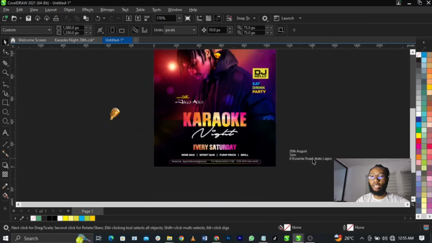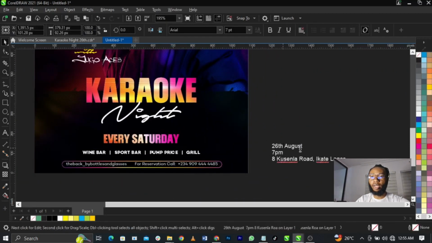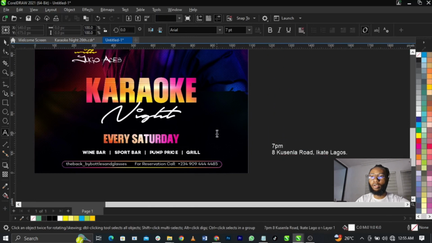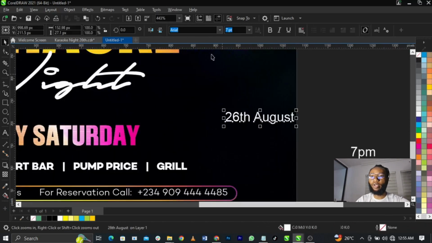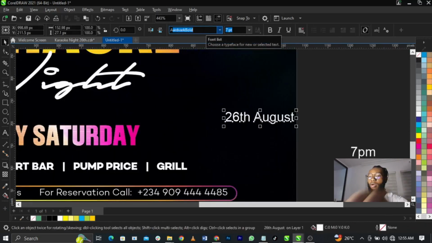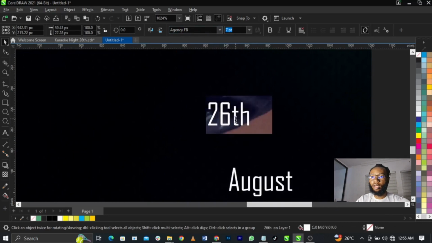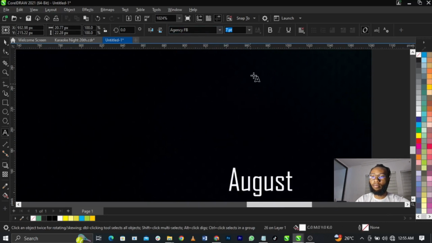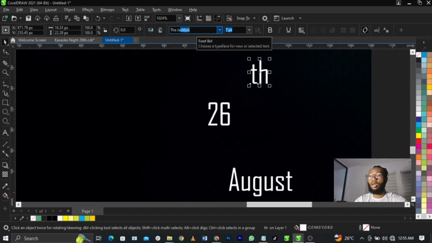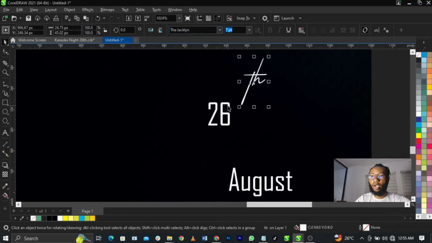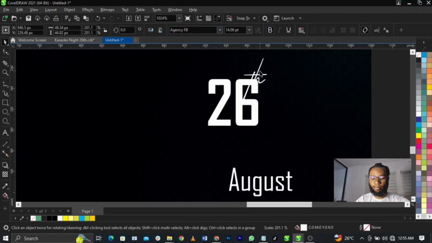So the next thing we're going to do is we're going to basically bring in this one, paste it just right here, and the font we'll be making use of this is called Agency. All right, so I'm going to cut this one, paste it just right here, cut this one, paste it here. The font we'll be making use of this one is called the Jacqueline. And once we do that, bold this one, scale it up, bring this one here,